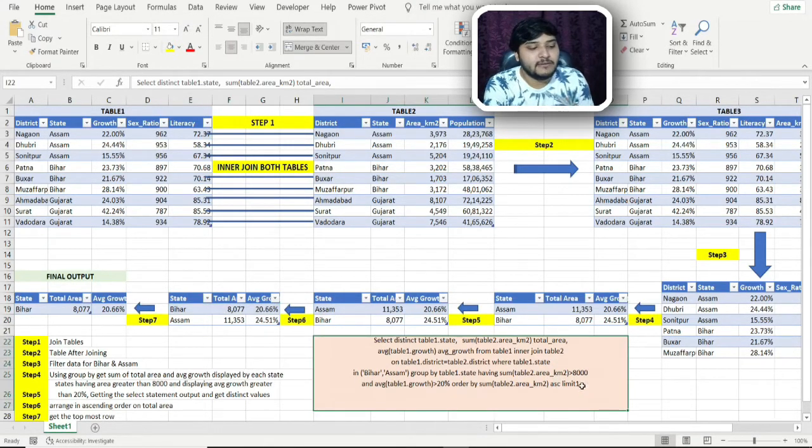So I am only limiting my data set to 1 row, as I mentioned here. So friends, this was the total process which is happening internally in our SQL query whenever we are writing it. This is the order of execution of the SQL query, how each SQL query is being executed internally, which we are trying to show here.